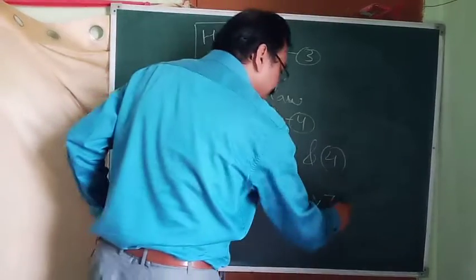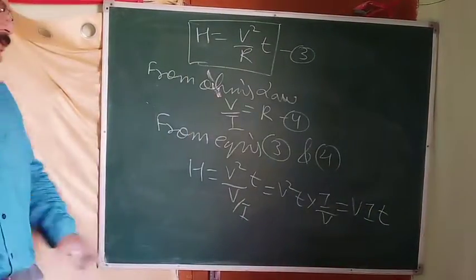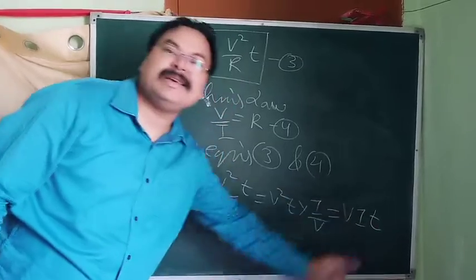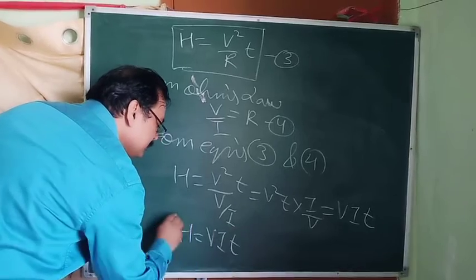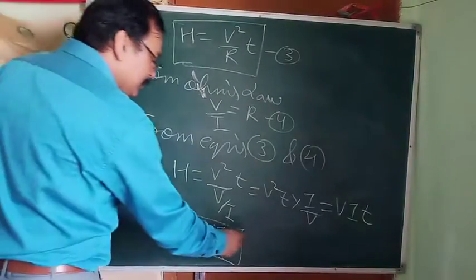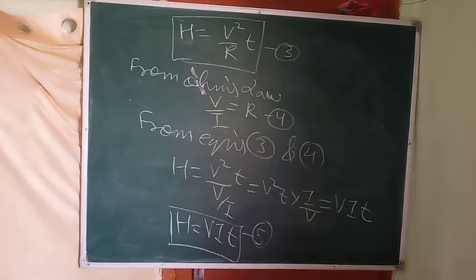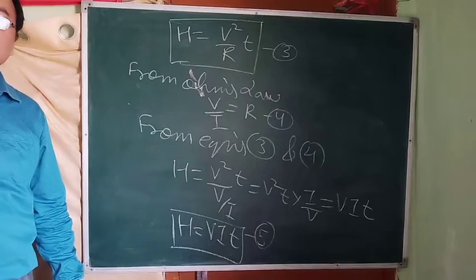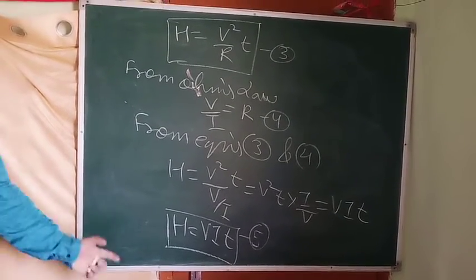So finally we will get V I T. Here, this square gets cancelled out. We are left with V only, T and I. V T I, so V I T. Next, what we got? V I T. Vellore Institute of Technology. You can remember it like this. This you can write as equation 5. So we have got the 3 expressions for heat produced in the resistance of a circuit when current I is flowing through it for time t. Now, how to realize this?